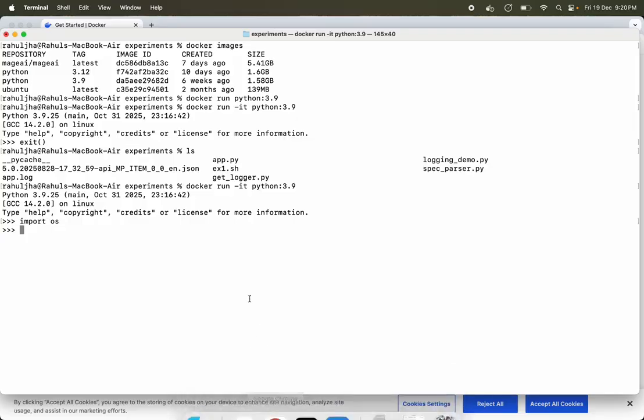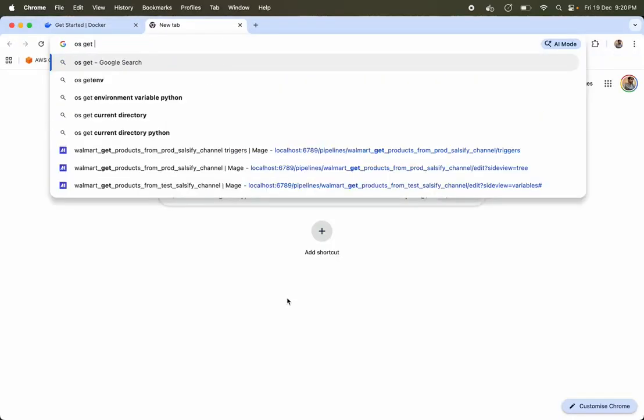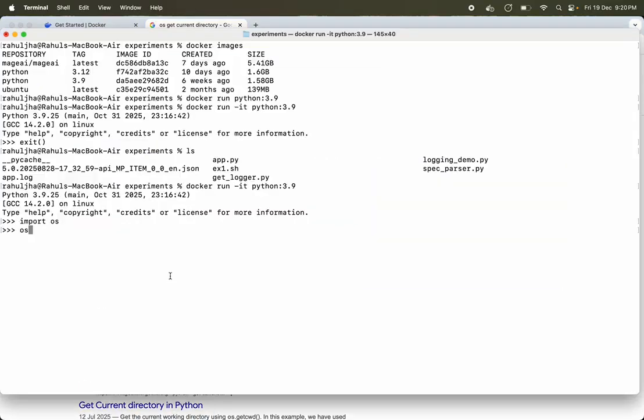Let me see, os get current working directory, getcwd. So you see, this is the current working directory, which is completely different from my Mac's current working directory.